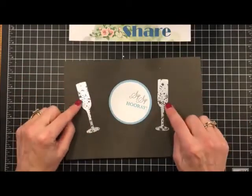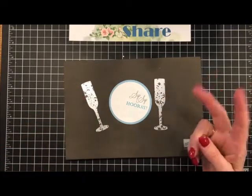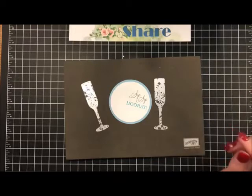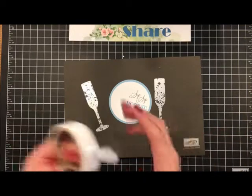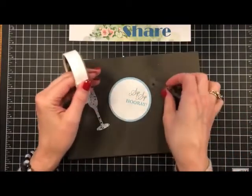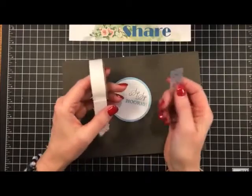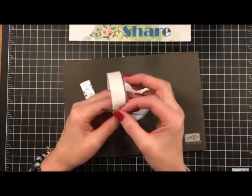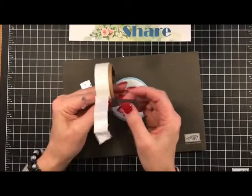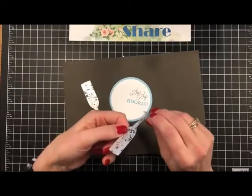Now we cut out some champagne flutes, and we use the Mercury Glass paper. There's two designs in the Mercury Glass paper. This is the one that has kind of the circular bubble look, which works great with drinks. And the first one's going to go on with Glue Dots. So I'm just opening up my Glue Dot here, and I'm going to put it where the silver is more solid, where there's not a real peek through. So we'll just put one there, one there. I kept them kind of towards the middle because this does hang off at the top and hang off at the bottom. Then what I'm going to do